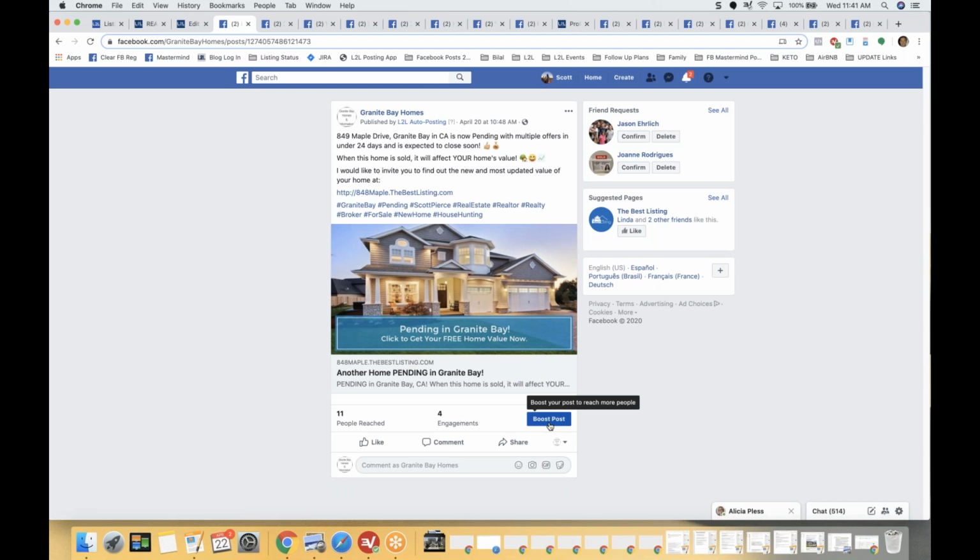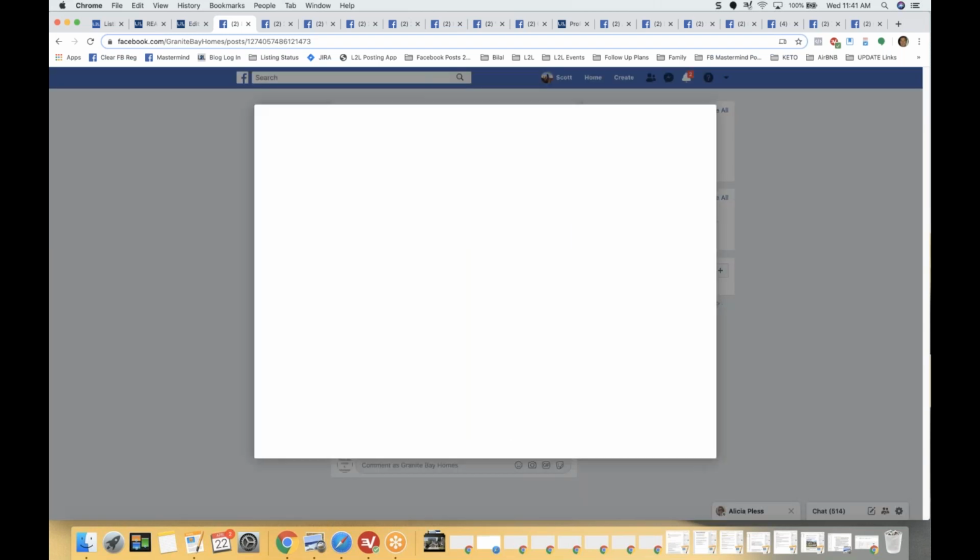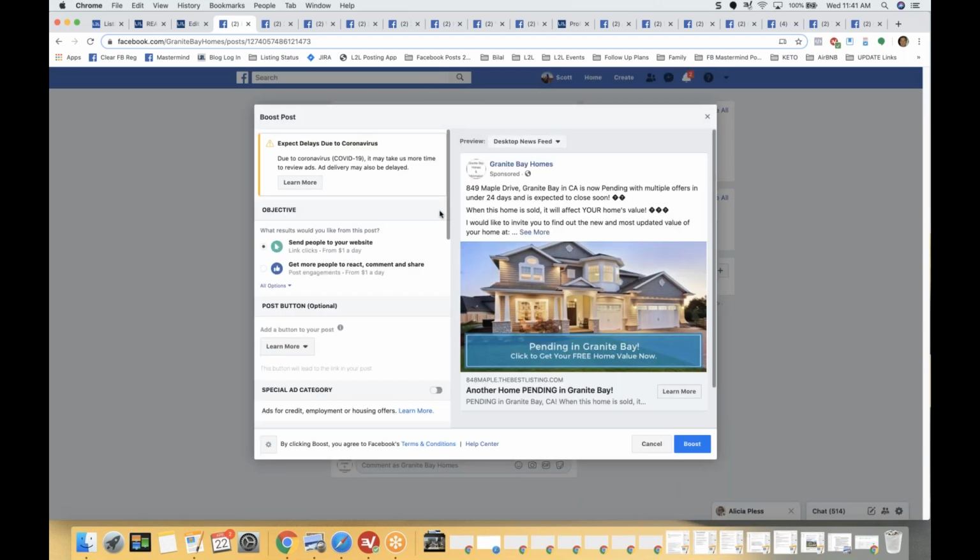and everyone's going to have an opinion about both of these. Some people say boosting sucks. It doesn't. It works great for some people. I would highly recommend trying a boost and see if that works for you, because it's so easy to do. So let me show you. Boost post. It'll pop up with this little editor,